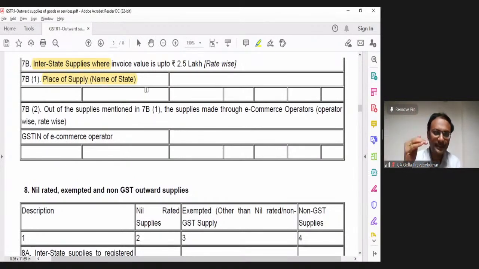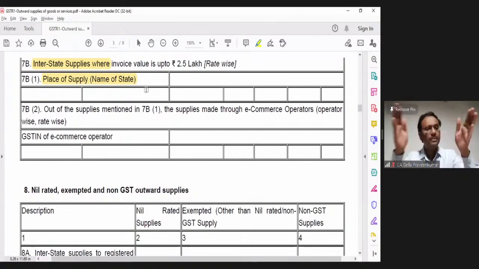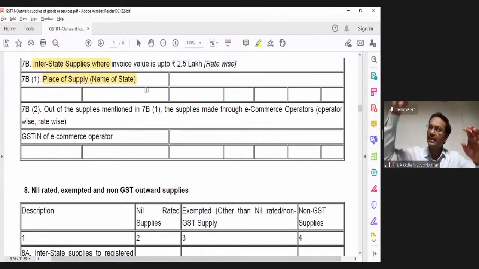When I say B2C, when I say zero rated supply, the moment there is a blank GST number, don't jump to the conclusion that this is a B2C transaction. You need to understand it could be an export, it could be a B2C supply. So how do I know that? When I export my sales register, assuming that there's a GL called sales export, sales domestic, sales interstate.